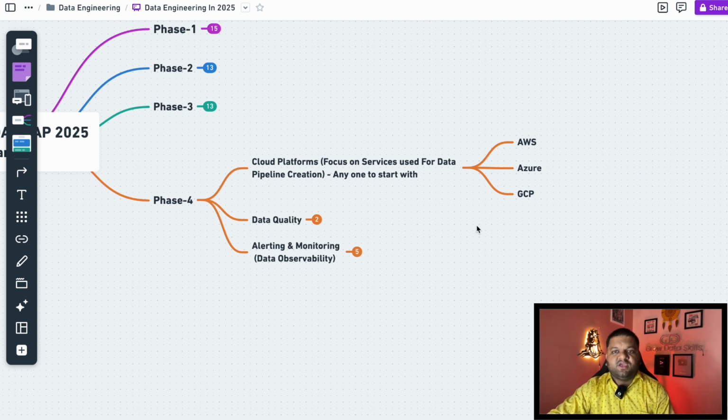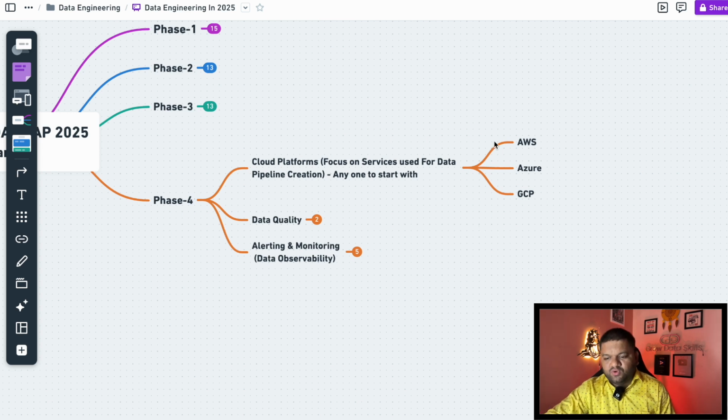And I always recommend that if you are getting started, pick any one cloud platform. Don't juggle between this cloud platform, that and that, because every cloud platform is important in the industry. Many companies are using it on a different level. You can't ignore any of it. But if you are comfortable with one cloud platform, then learning another is just a matter of 1 to 2 weeks, not more than that, because all these cloud platforms have created similar types of services. There is a slight difference in implementation and costing, nothing more than that.